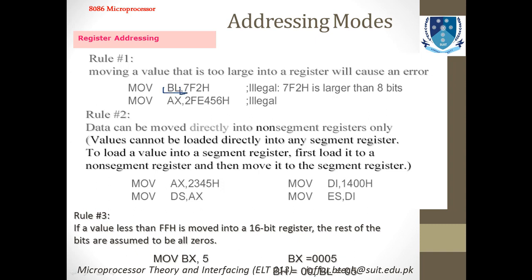The maximum limit of BL is, as you know, 8 bits of data. If you want to store data beyond that, because this is the low byte of B, beyond the limit of these 8 bits, you will get an error that it is illegal to perform such an instruction. The instruction will not be executed, and it will give you an error that this data is larger than 8 bits. And this kind of error or warning comes when you make silly mistakes in coding.